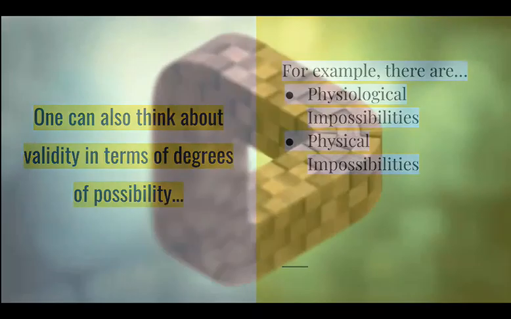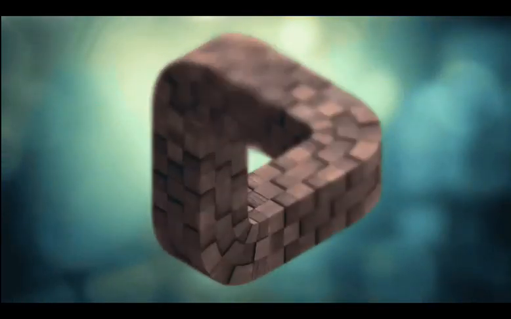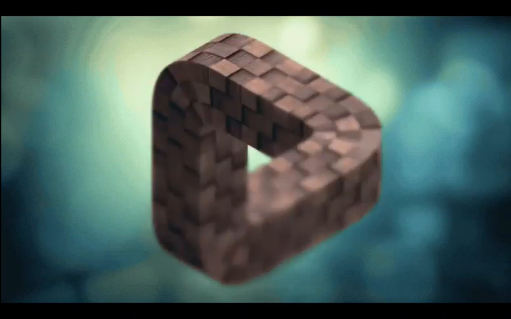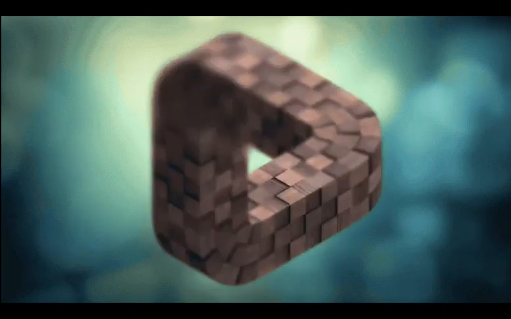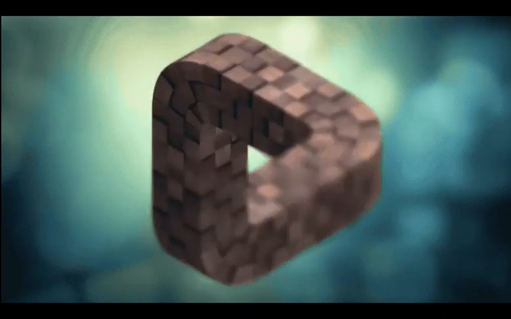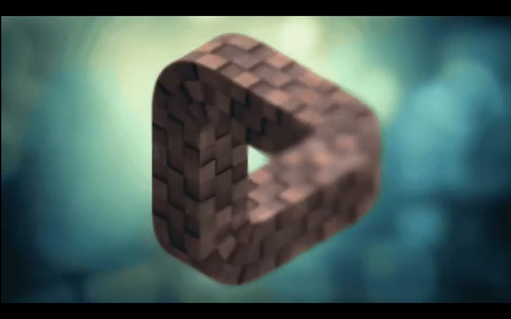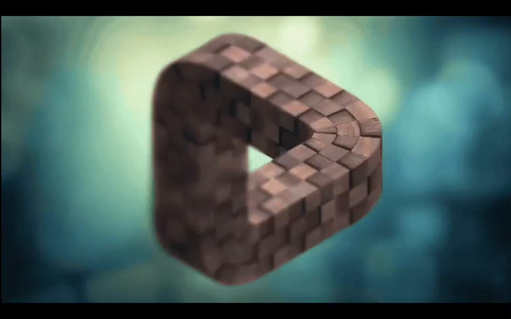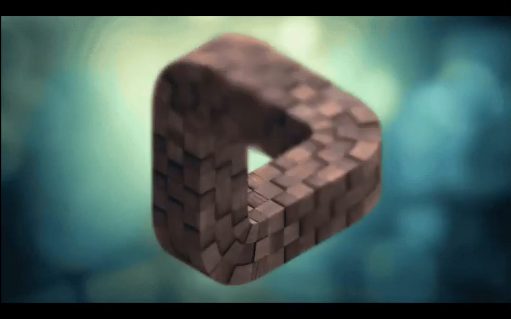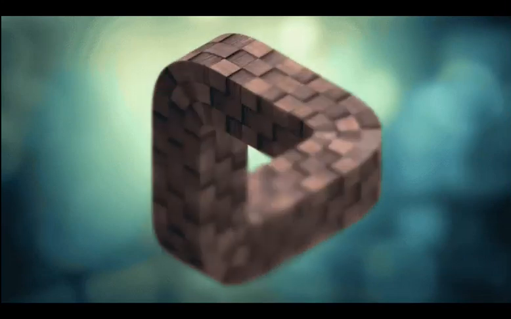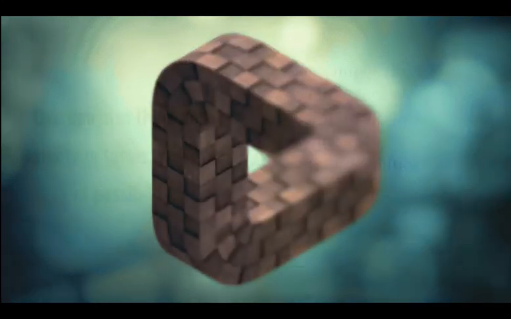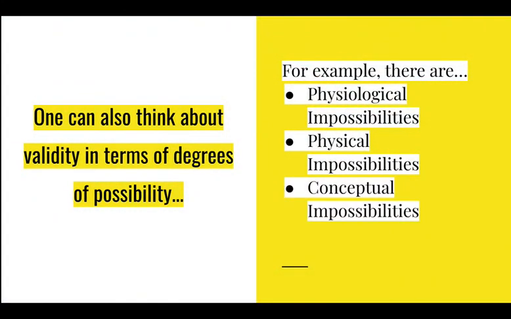Or how about something like this? You know that if you look at this long enough, there is something not possible going on here. The only way that this image can really be made is essentially through the blurring method that plays kind of an optical illusion on you here. So some things are just physically not possible in our universe.